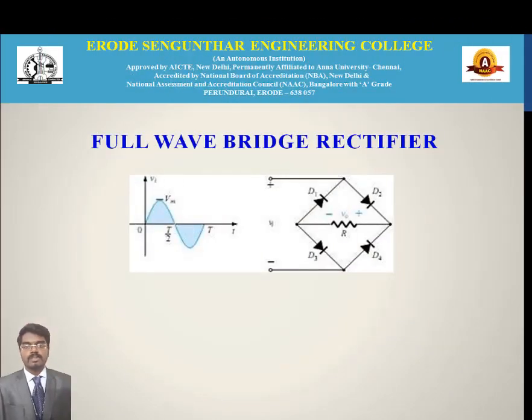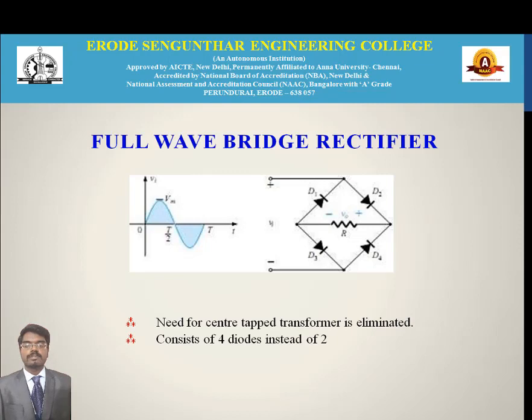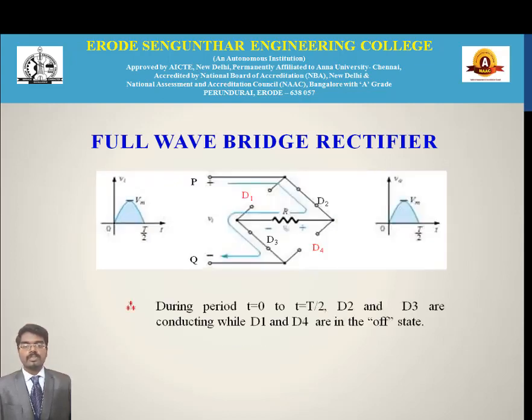Coming to the operation of full wave rectifier using bridge configuration. Here in this configuration, the need of center tap transformer is eliminated, and in this circuit we will be using 4 diodes instead of 2. And for the positive half cycle, from the time period 0 to T by 2, P will be positive and Q will be negative, and D1 and D4 will be in off state, and D2 and D3 will be